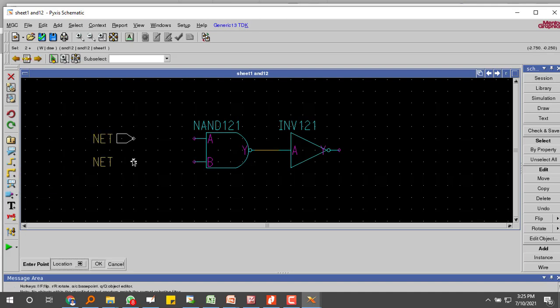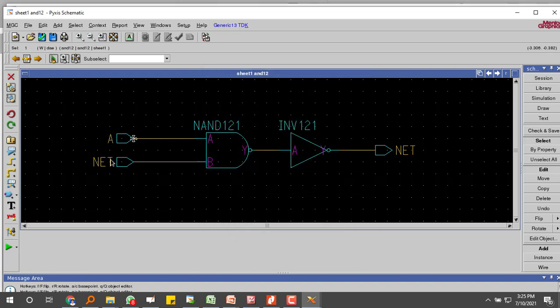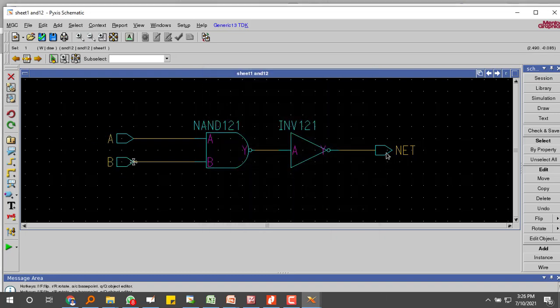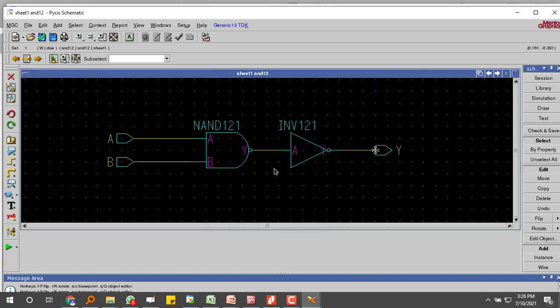We will add input ports and an output port, and name the input ports A and B and the output port Y, and save it.